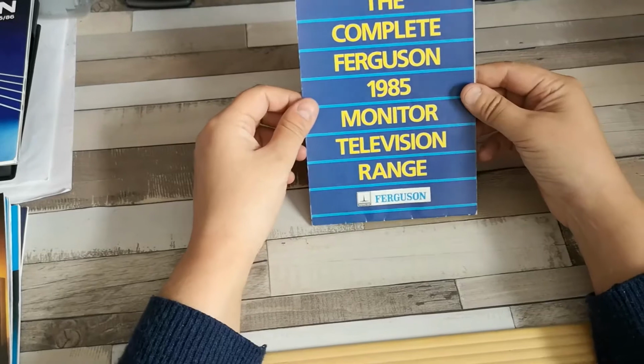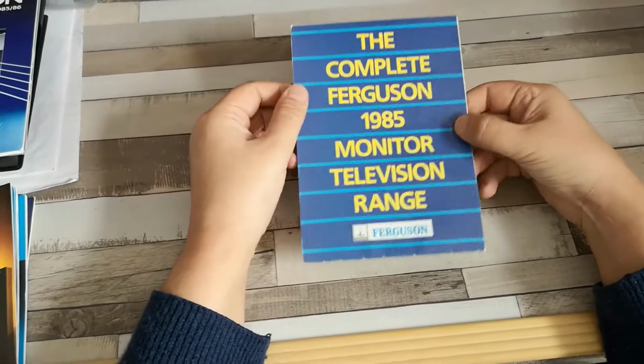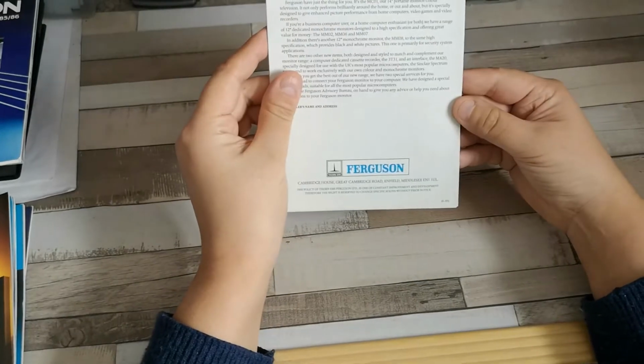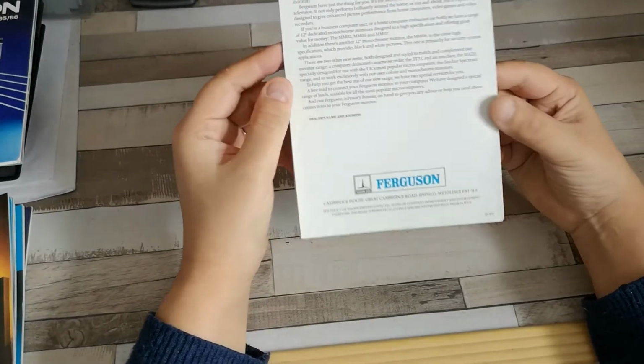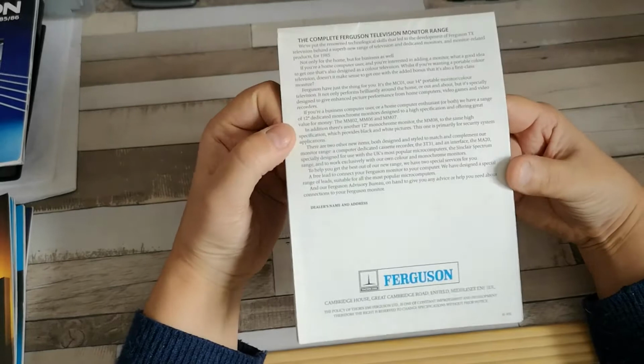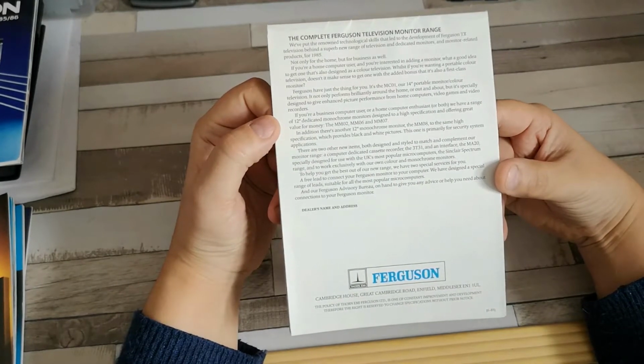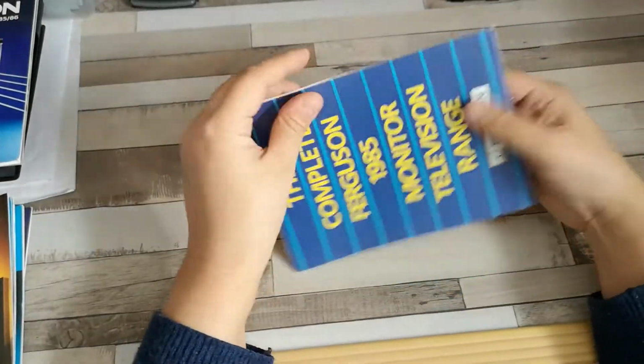So let's have a look at the next pamphlet. This is an interesting one. This is the complete 1985 monitor television range, and this is dated June of 85. So a bit of interesting text on the back. The complete Ferguson television monitor range. Basically what it is,